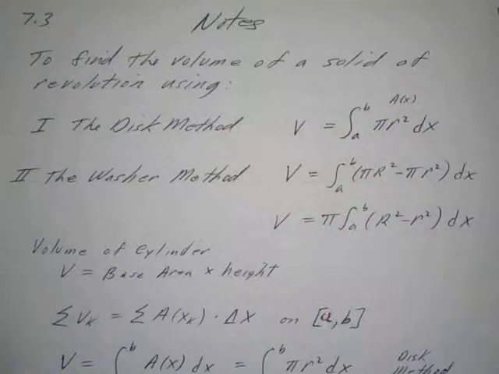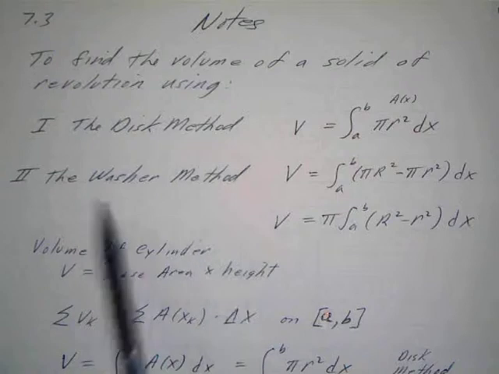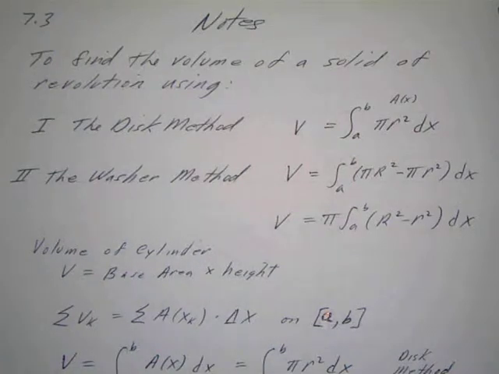These are solids of revolution, and we've got two different methods we're talking about first, the disk method and then the washer method, and then we'll talk about known cross sections. That's the third technique that we cover in this section. And the disk method is basically if we're going to